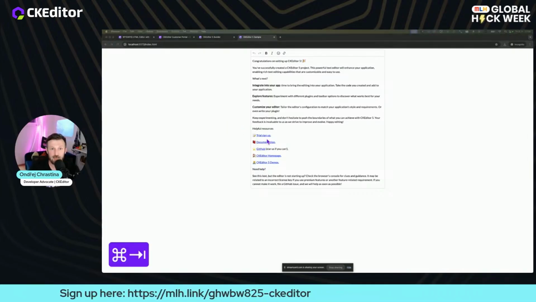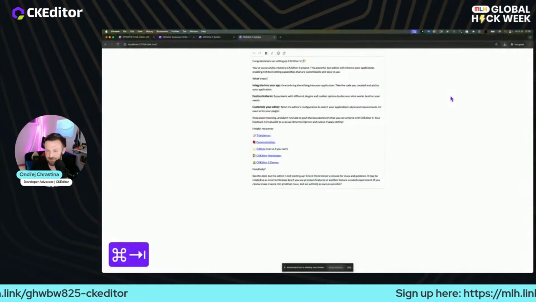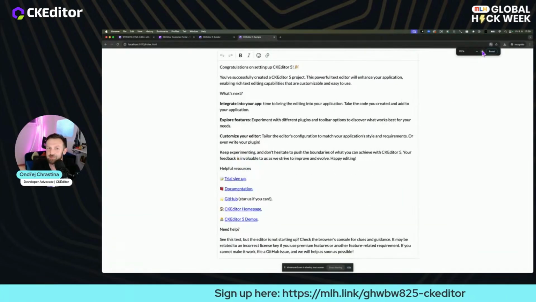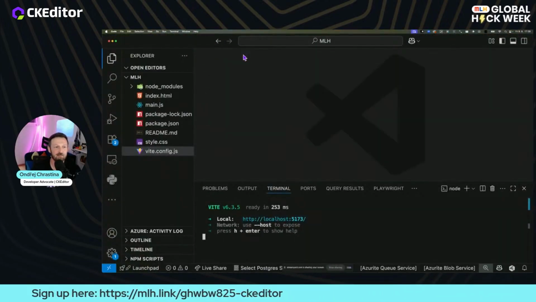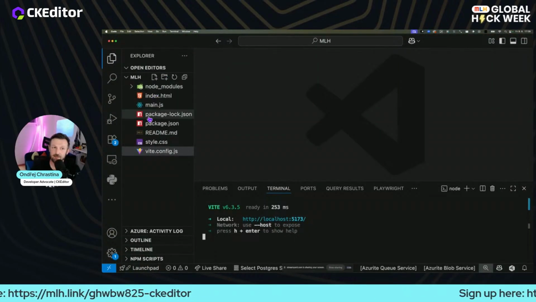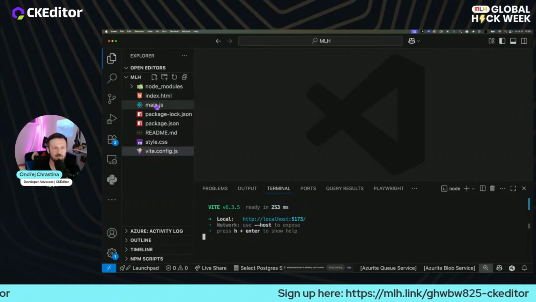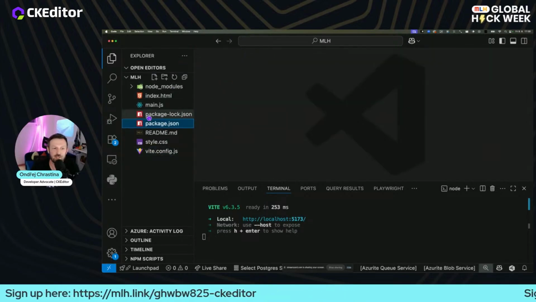So maybe let's switch back, and I will show you. And before we get to it, and before Rosendo jumps in once more, I will just make it a little bit bigger once again. And let's switch back to the VS Code. The structure is pretty simple. There are three most important files for the application. For the node application it is package.json, the definition of the packages. But for the application itself, it's